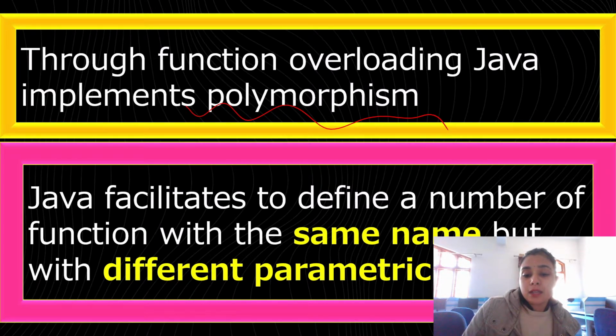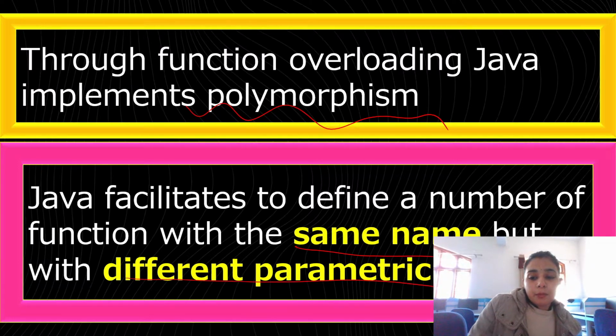I'm repeating this: same name but different parameters. The method's name will be the same, but the type of parameters can be different, or the number of parameters can be different. This is the actual function overloading or method overloading.